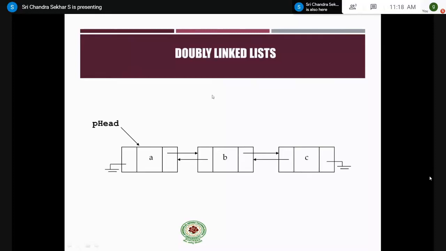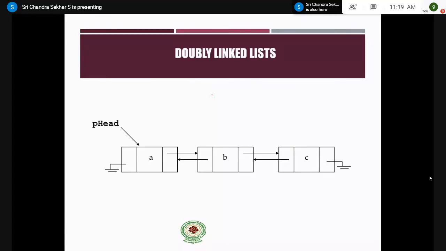Yesterday also we discussed the same concept. You may be asked a question like, in a singly linked list, if you want to insert a new node in the middle of the linked list, how many pointers have to be modified? There we observed that you need to modify 2 pointers.